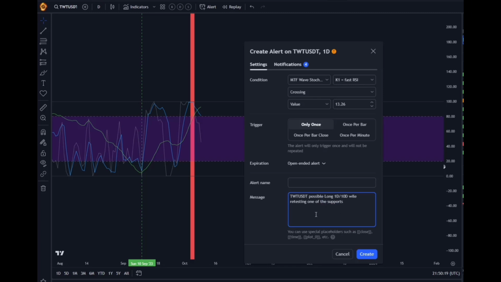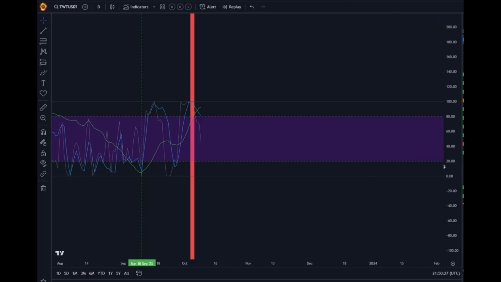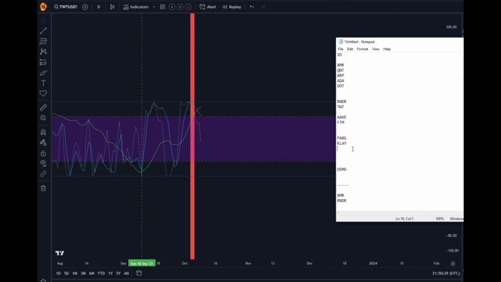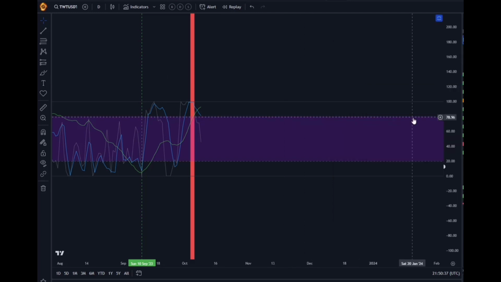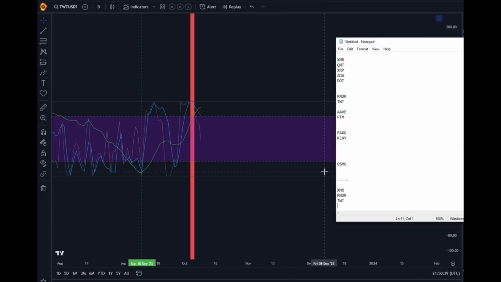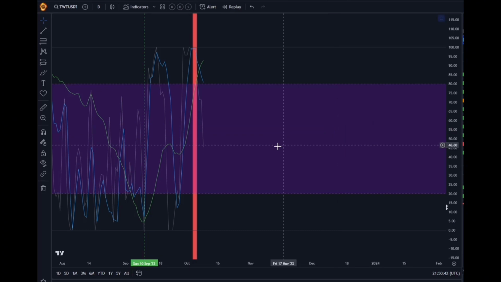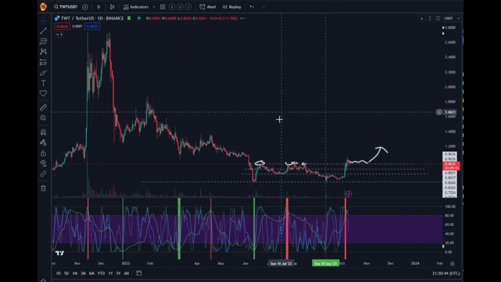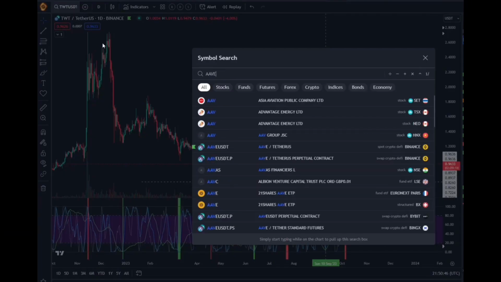Okay, now as you can see guys, we also always write the messages in a way that are super clear for us. So this was trust wallet, and therefore trust wallet is gonna be written below with the rest of them. So let's just take a quick look on the rest. We're not necessarily gonna go over all of them, but anyway, AAVE,